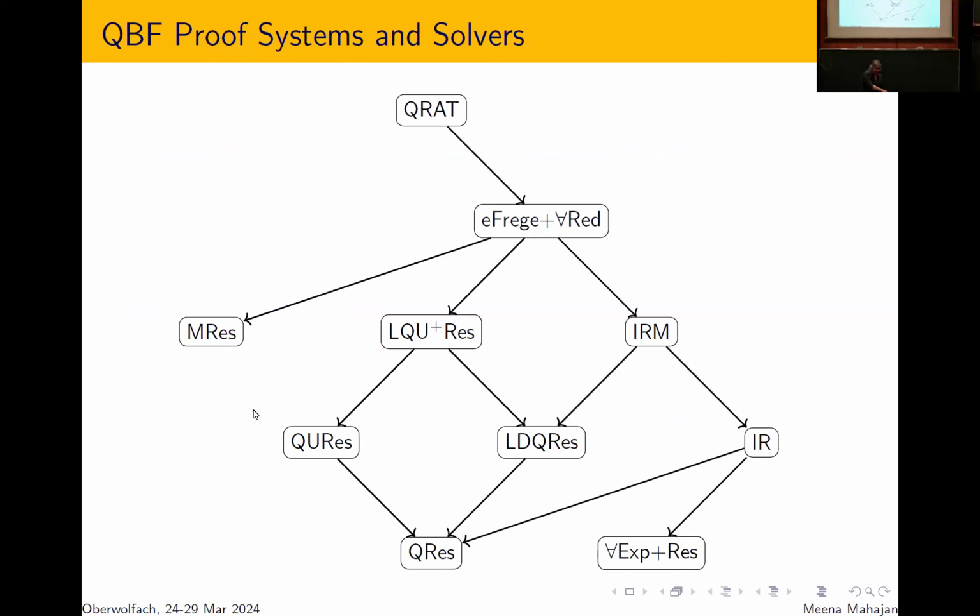Okay, so this was the picture of QBF proof systems, and here are these two algorithms that I've mentioned, which are for QBF solvers. There is one particular family of CDCL-based algorithms, QCDCL, which are explained by the system long-distance Q-resolution, which is why I even wanted to mention long-distance here in the first place. But they are not equivalent. QCDCL algorithms are probably weaker than LD-Q-Res. There's another expansion-based solver, which is explained by universal expansion. Again, it's not clear that they are equivalent.